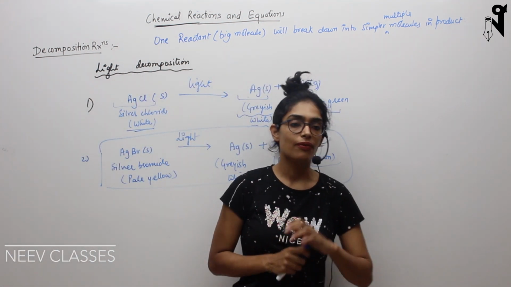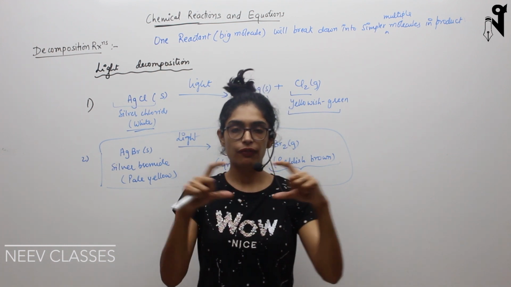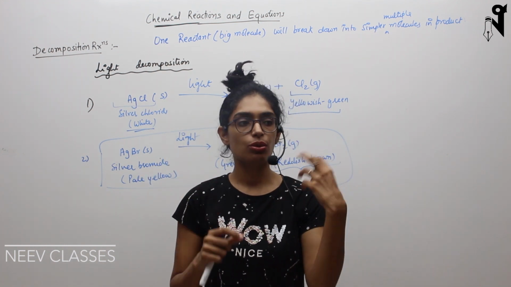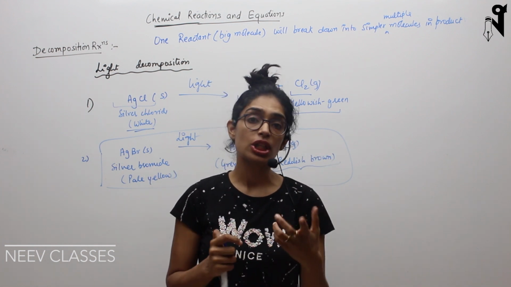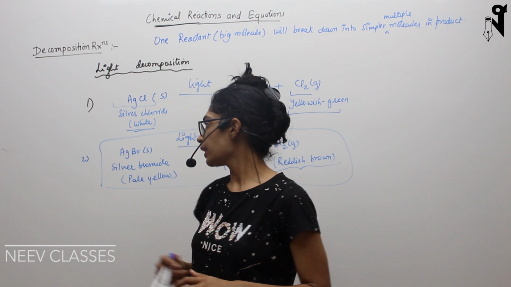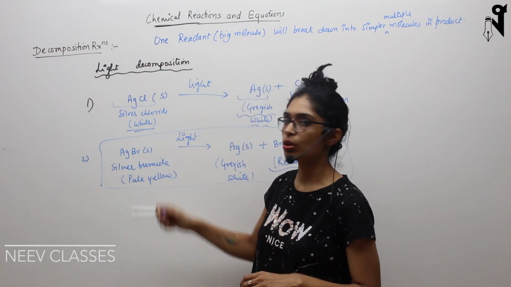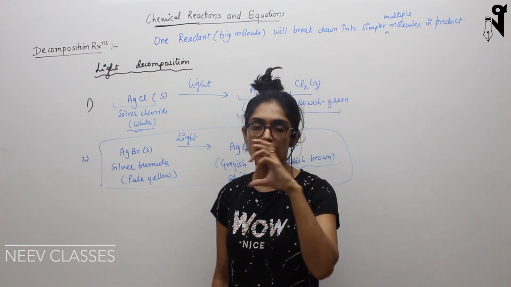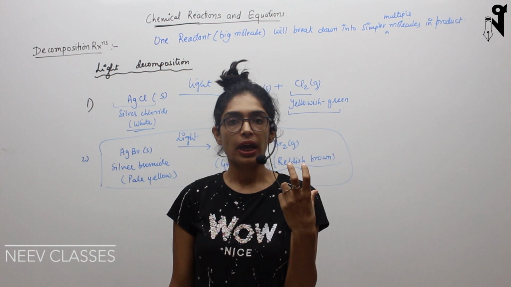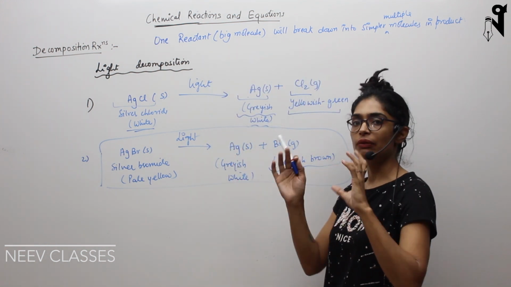used to be a very important reaction in the older times, when there used to be the film kind of setup in the cameras, where you used to put a film over there and then do the photography, especially the black and white photography. At that time, this component AgBr also used to be part of the compounds present on that photography film, and it used to decompose due to the light,